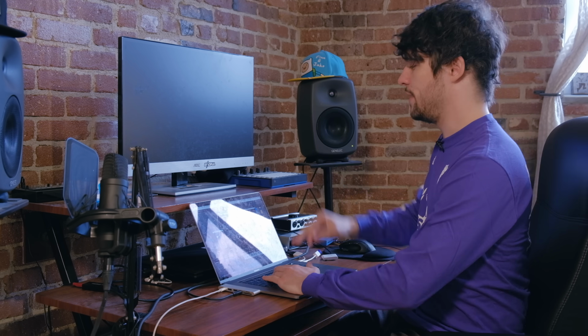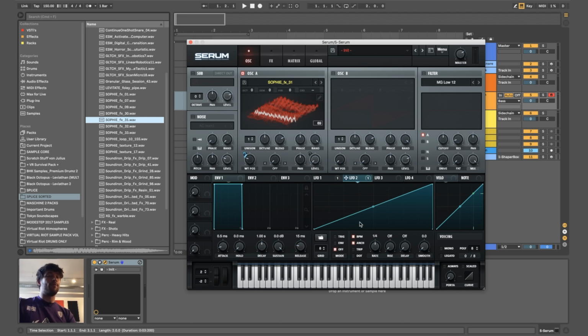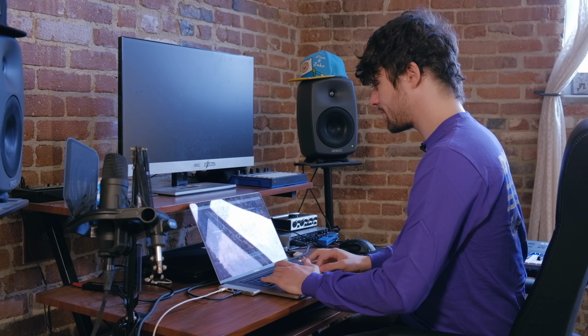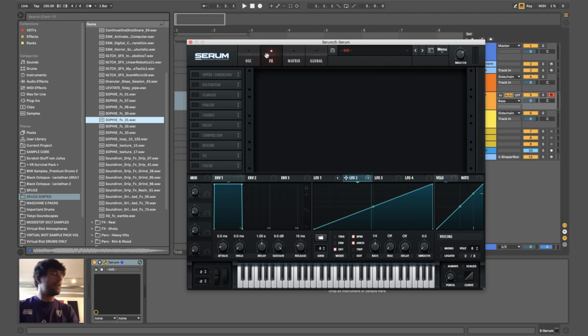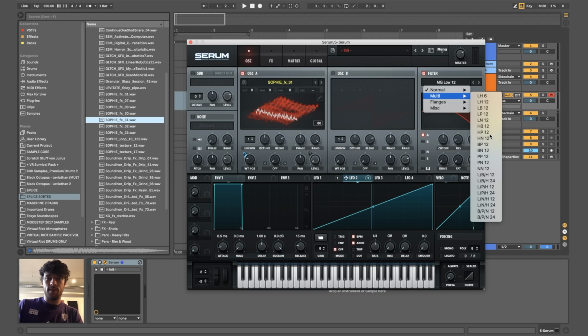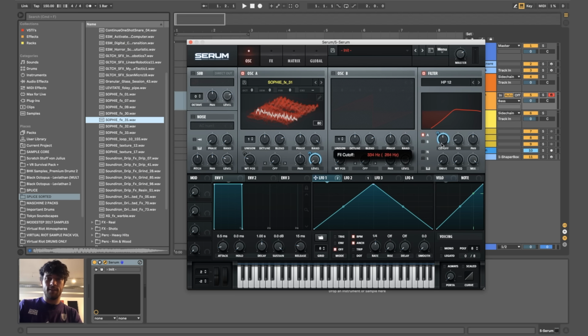To get more of a 1, 2, 1, 2 feeling, we could now half the speed of the second LFO, so we get... so already 2 different versions of this bass there, and this is only the wavetable, so we haven't even touched the effects yet. Next up, I might just choose the HP12 filter because it is a classic, and just use the same LFO1 for this, just to get a little bit of